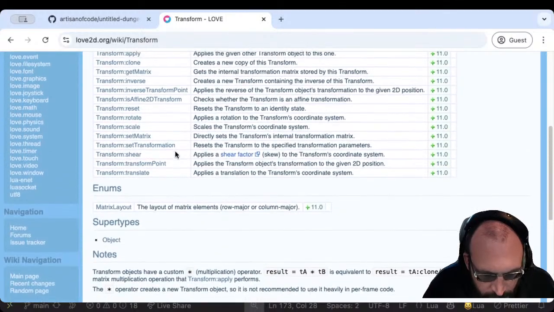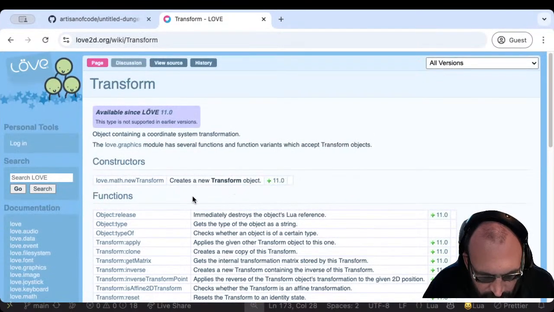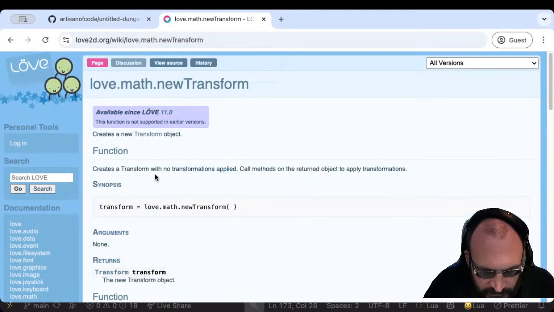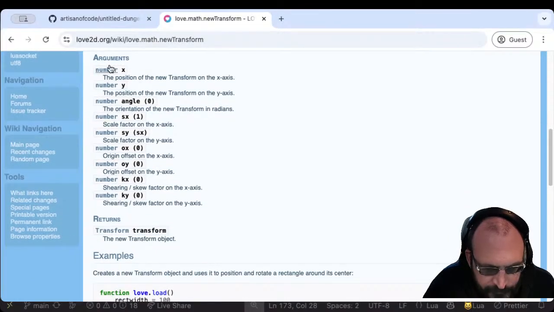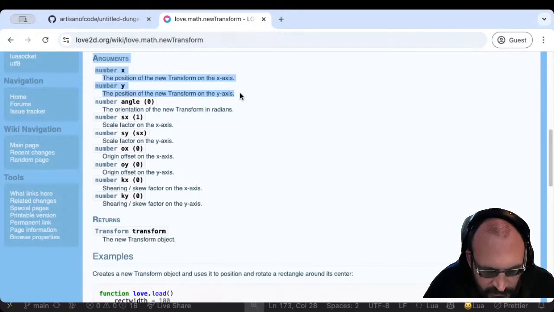What we can do with this is set a bunch of properties at once. So we can set the position of the transform, the angle, the scaling factor on the x and y axis, the origin of the x and y axis,